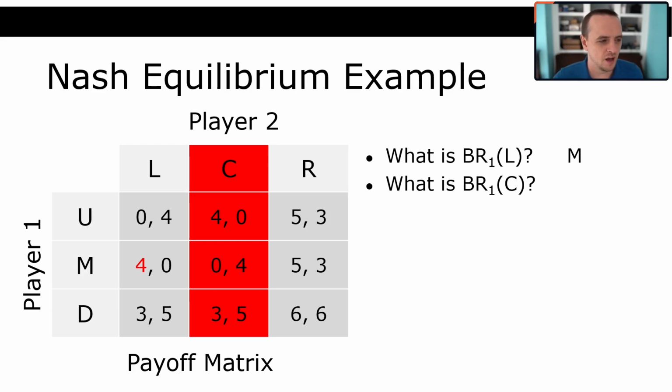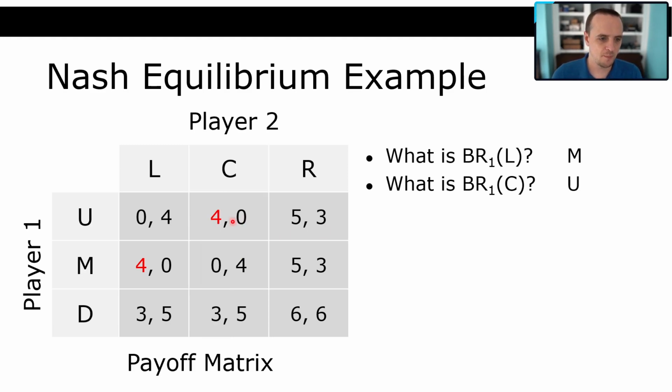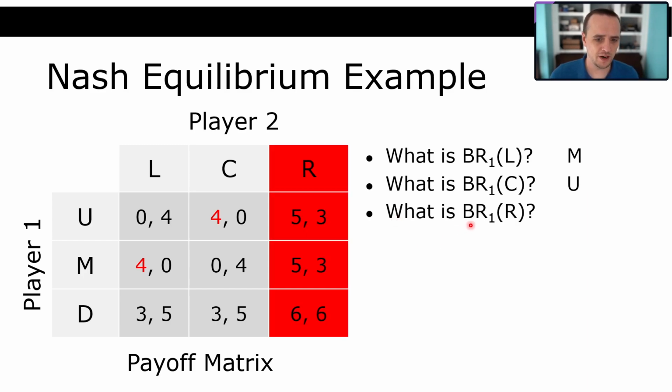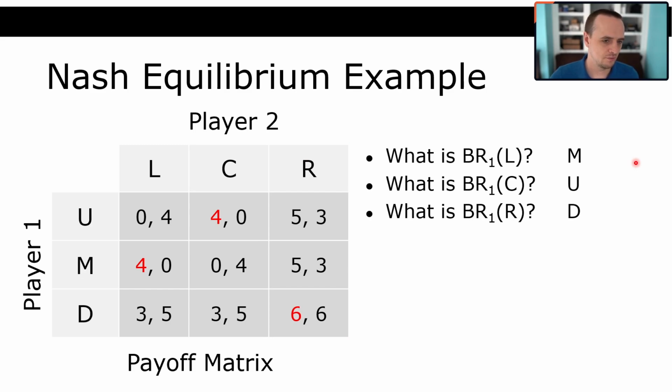All right. Everyone is choosing up, which is correct, because up will give a 4, middle will give a 0, and down will give a 3. Perfect. Awesome. People are paying attention. That's great. And the best response of player 1 to right is down, right? Because that's a 6. Now we do the same thing, but we want to do it for the other player,